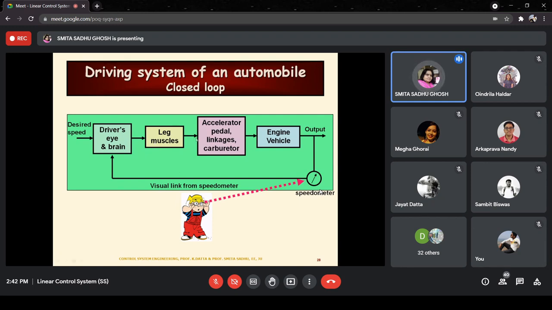Similarly, if the output variable, that is the speed, is lower than the desired speed, which is written over here on this side, I hope you can see my cursor moving. If not, let me know, stop the sharing, and then take corrective action if required if you cannot see. So now the output value, if it is, for example, below the desired value, then again the driver